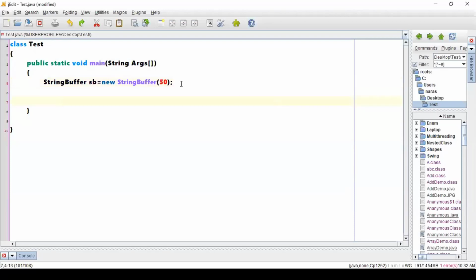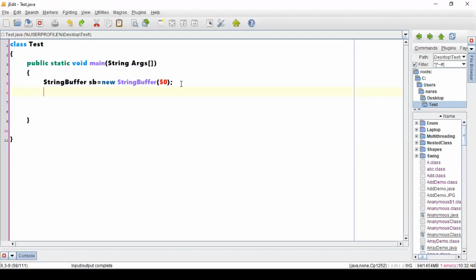Now what I'm saying is, after creating this object, I have done a few operations on this StringBuffer. I said append this value, append that value, append one more value, a few more values, and somehow I have filled that 50.